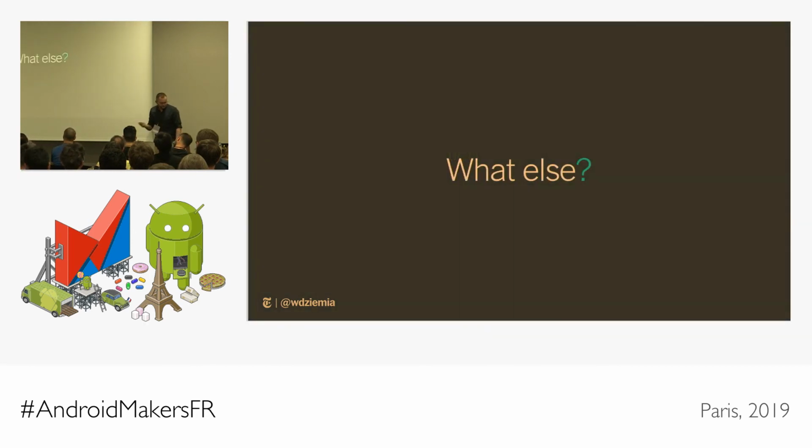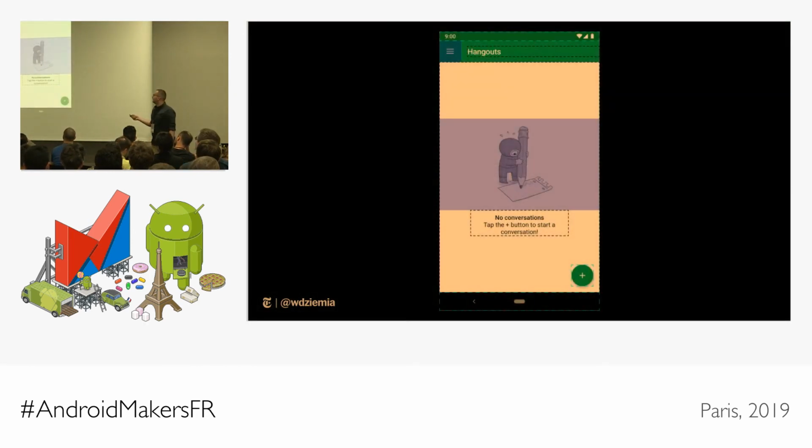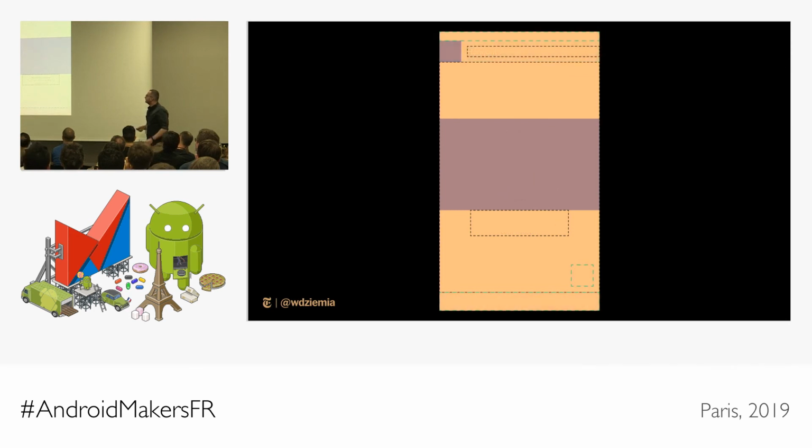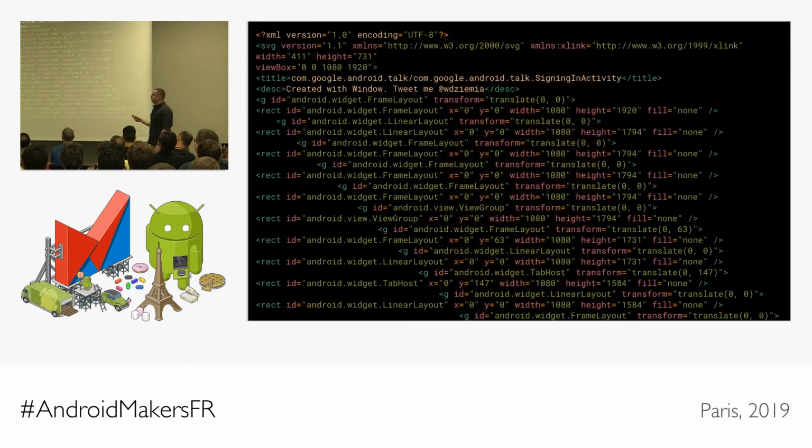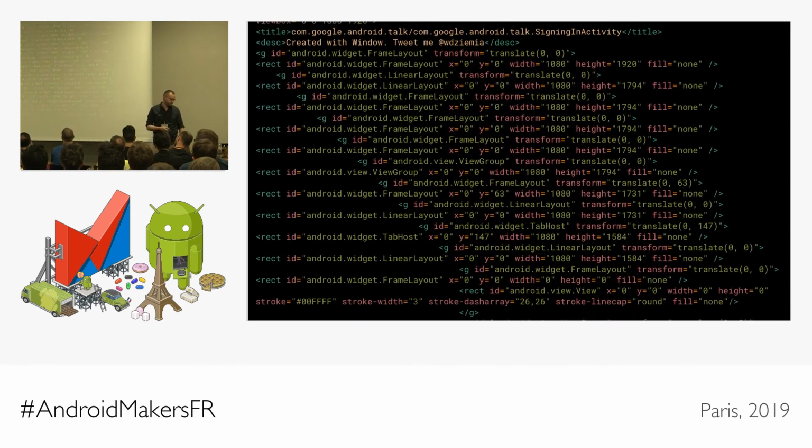So what else? Well, this is the same Hangouts app, and then you got some funky blue outlines. Kind of looks similar to what you've seen, but not really. So you get rid of that UI, and then you have this, which is all XML. So the idea of the tool is,